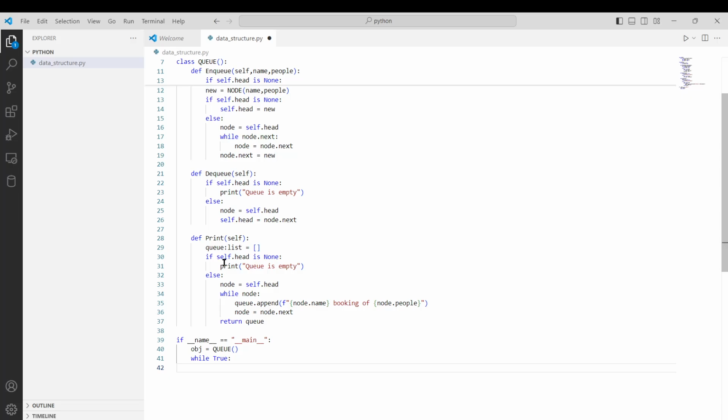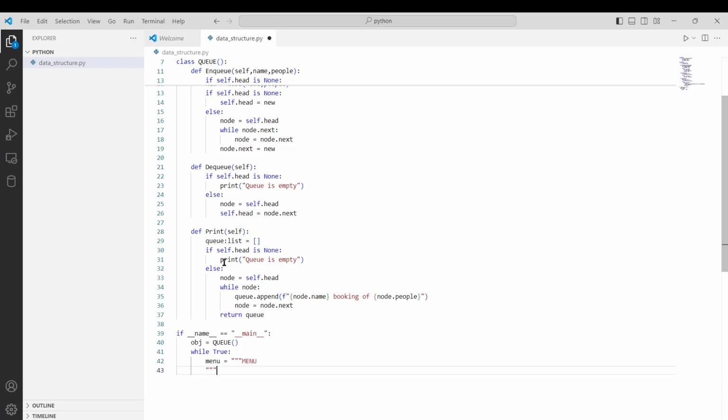Here we will take the menu. So we will make a menu driven thing. Here say menu, and the